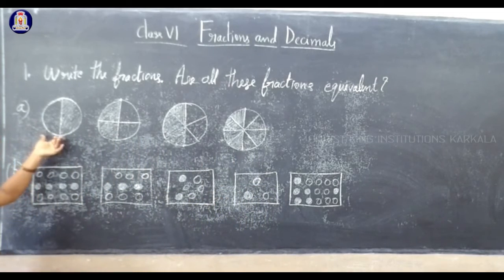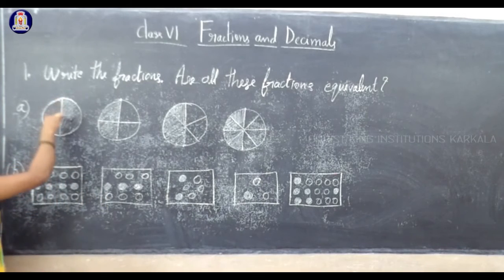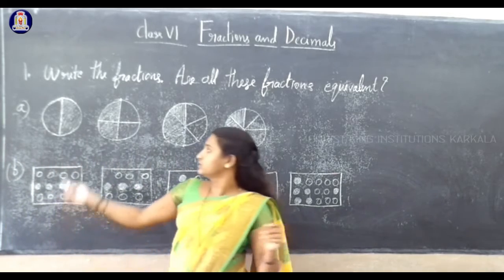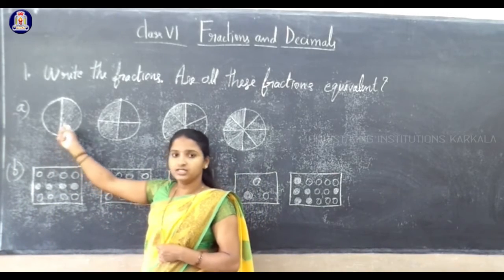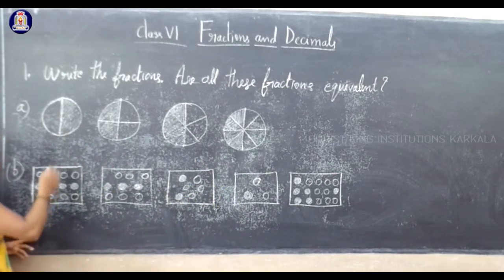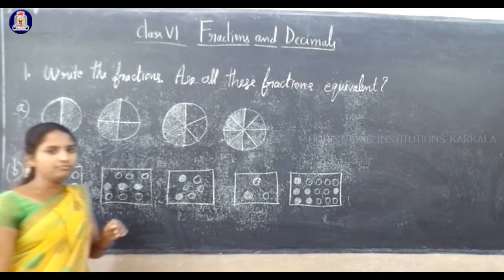First, the given figure is a circle. 4 circles are given, and the circles are divided equally. The first circle is divided into two parts, isn't it? This circle is divided into two equal parts. In that, one part is shaded, isn't it? So in this one part of the circle is shaded. So now how can we write this as a fraction? This can be written as total two parts, that one is shaded. So that is 1 by 2.